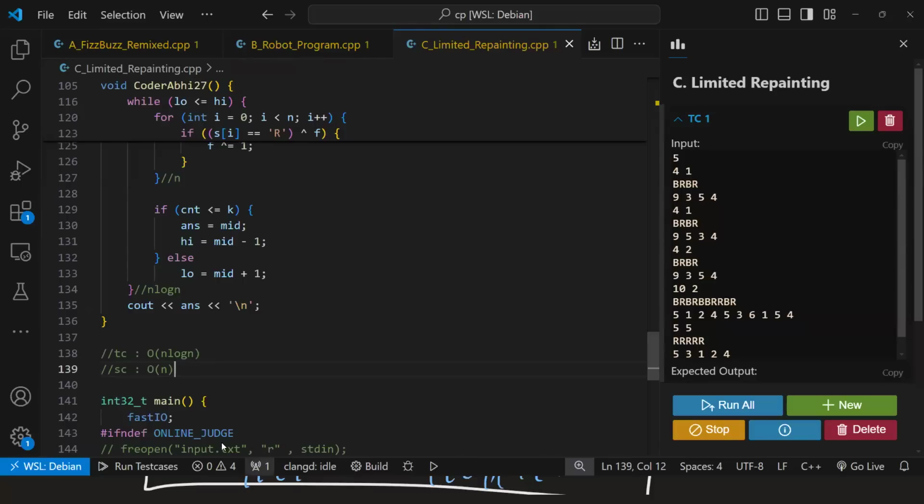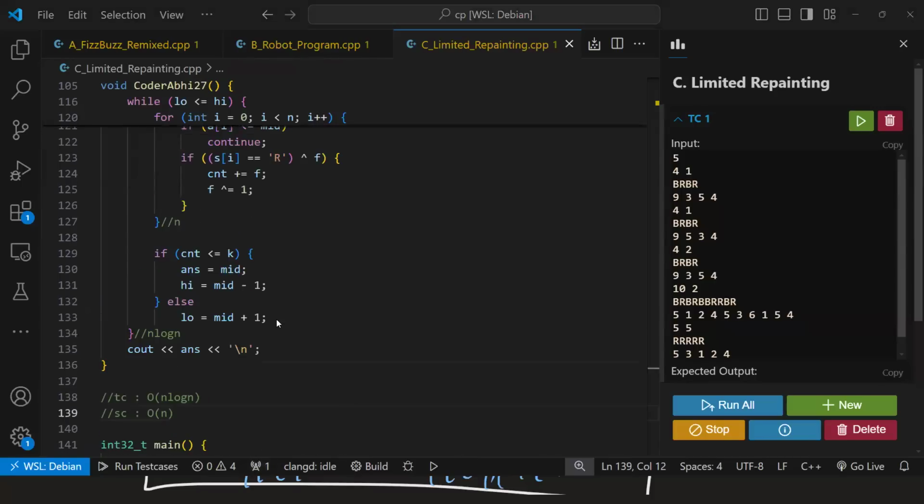Okay, I hope this problem is clear. If anybody has any doubt, please ask, or we'll move on to the next problem if there are no doubts. Okay, so I think we'll move on to the next problem now,